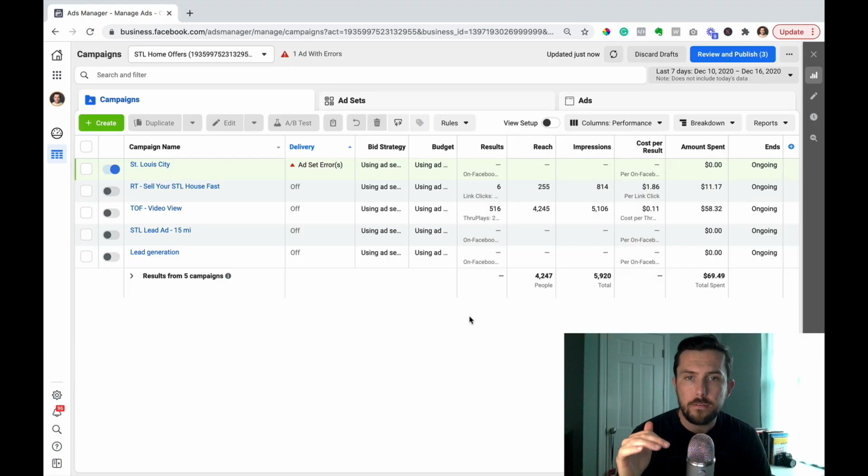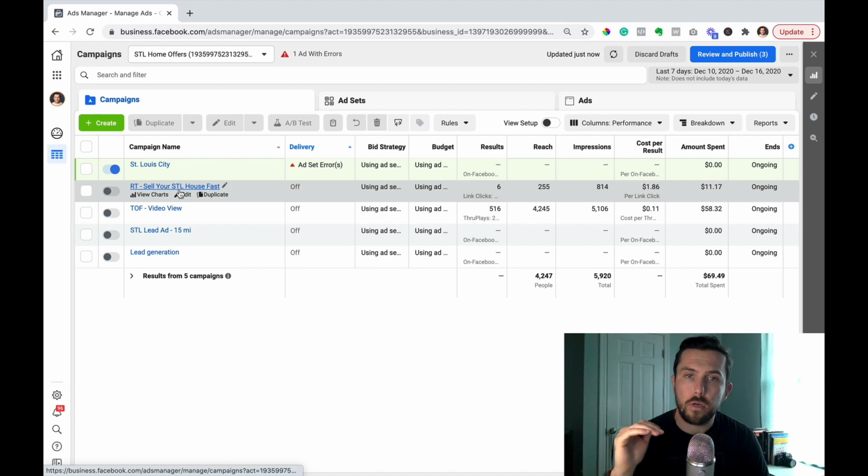Now, let's jump inside of the Facebook Ads Manager so we can show you how to set up your account properly so you can track the success of your ads. Once you're inside the Facebook Ads Manager, you're going to be able to see all the ads that you're either currently running or have been running in the past. We showed you how to create your first couple ads in previous videos. One was how to run a Facebook lead ad. The other one was how to run a video view ad. So let's use that video view ad as an example for this tutorial.